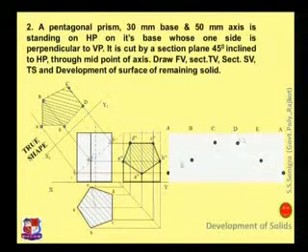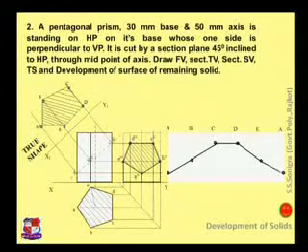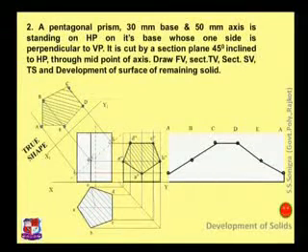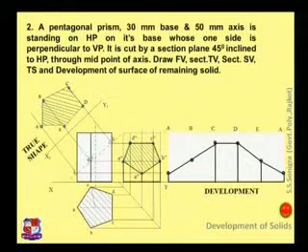So these are the points on its slant edges or on its straight edges. Join all these points with a straight line. As it is a prism, we join all these points with a straight line. Complete the solid. These are the edges, it's a development. So 5 rectangles are there which are cut like this. So this is the development of the given pentagonal prism.